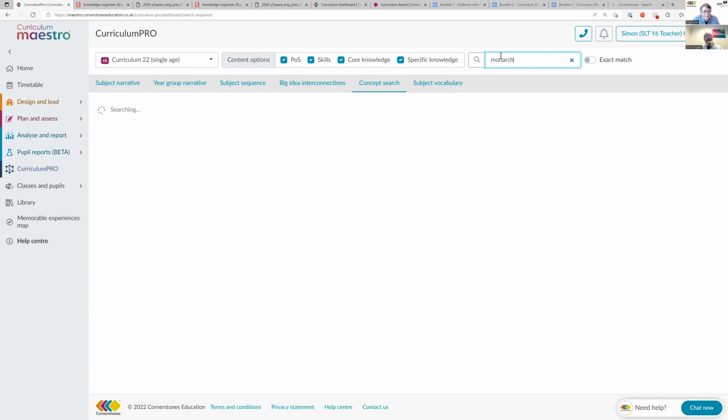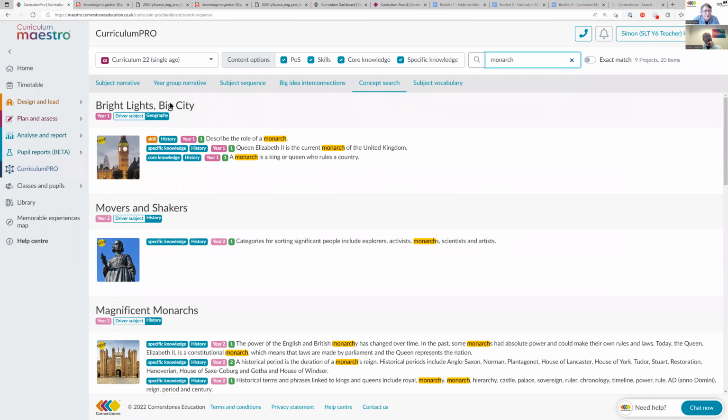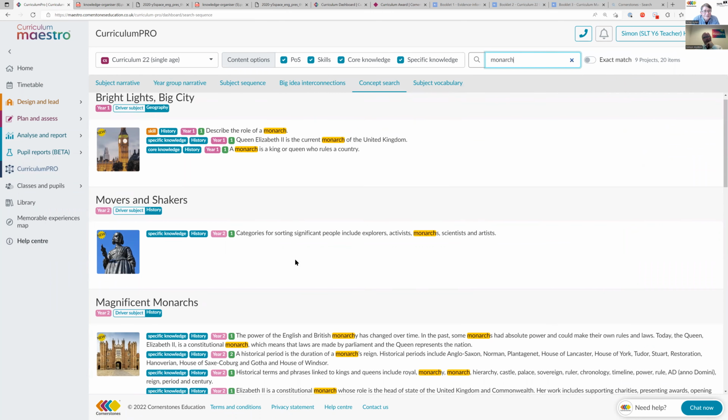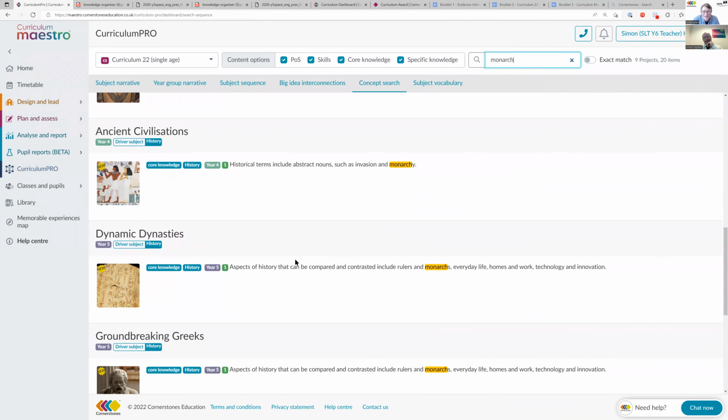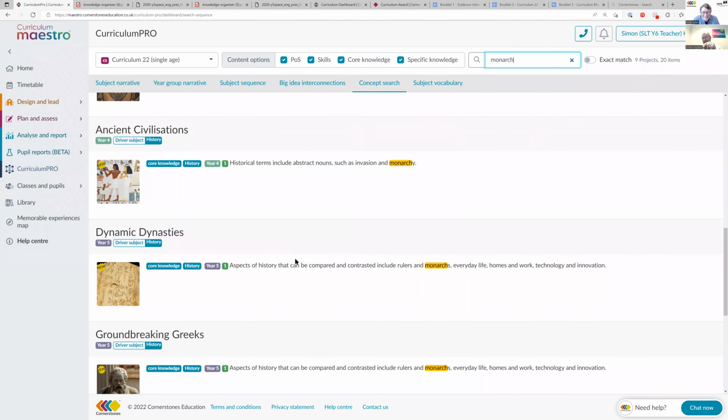you could very quickly go to the concept search, type in monarchy, and you can see that it's out of date. It says Queen Elizabeth II is our current monarch. The good thing about that is we're just updating that now to make sure, because Bright Lights Big City had the Queen Elizabeth. So literally, we're about to do the updates for Bright Lights Big City, and we're changing that project completely. Now that's happened. We knew it was coming, so we were prepared for that.